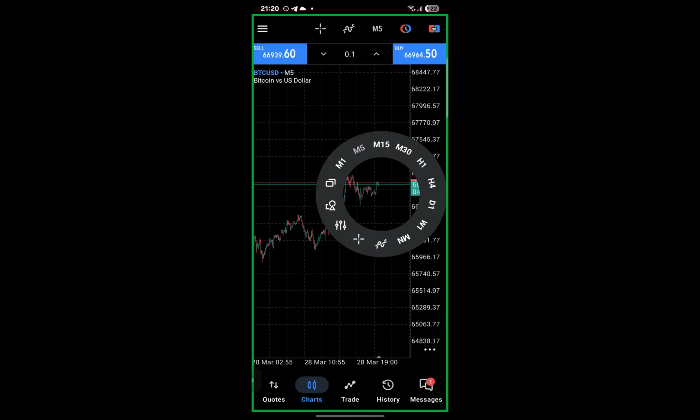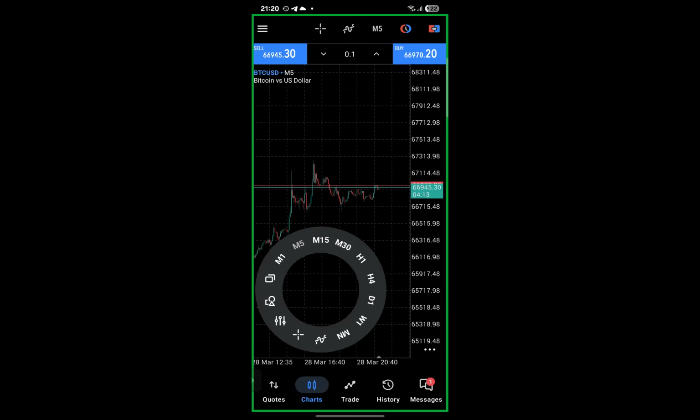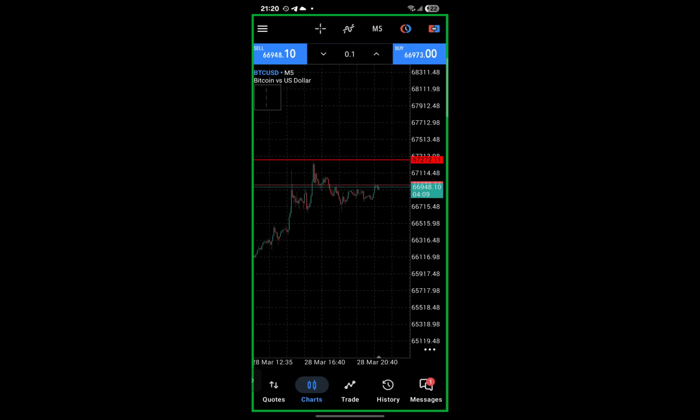I don't enter a trade at this particular point because I don't know what the market is doing at this point. But my analysis and my strategy tell me that the moment the market climbs and gets to this price, bam, it will sell. So what I want is that once the market gets to this price, I want to enter a sell trade